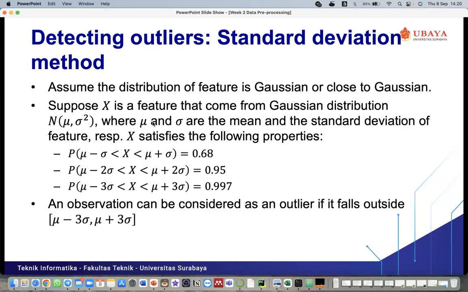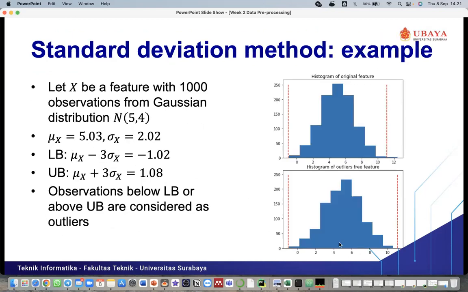Sigma is the standard deviation, where mu and sigma are the mean and the standard deviation of feature X, and it satisfies the following properties. The probability of the features in the range from mu minus sigma to mu plus sigma is 68%.